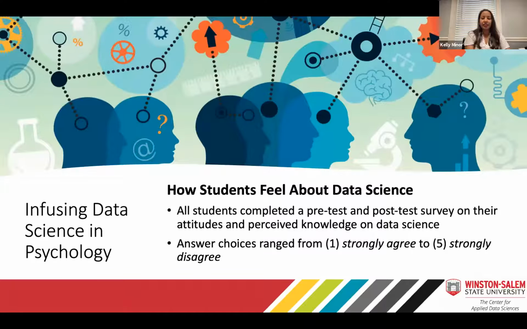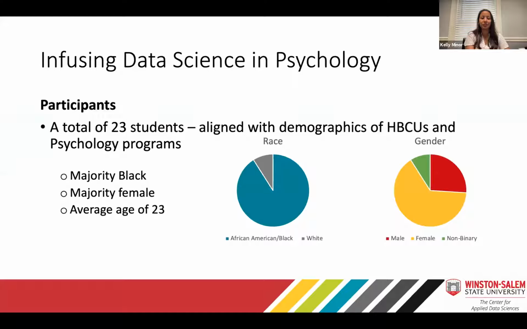So as with the other faculty adopters, I have survey data from the pre and post-test survey I gave about how they feel about data science. And I should have recoded like SK did so that the higher scores indicate greater agreement. So I have that noted when we look at the results, but the answer choices indicate 1 was strongly agree and 5 was strongly disagree. So let's go to the next slide and I'll show you what those results are, 2 slides.